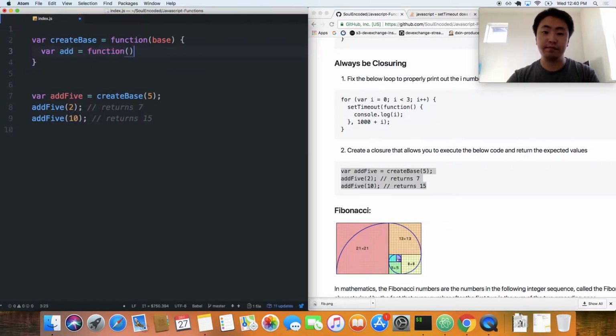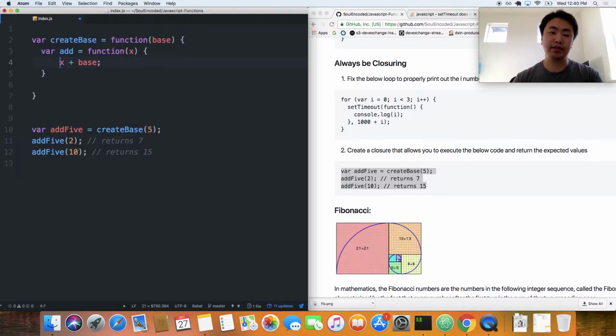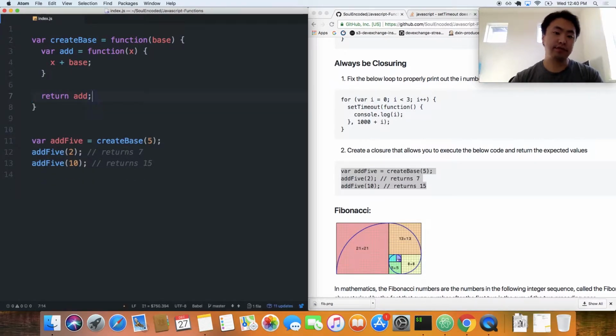equals function, and then here we'll return x plus the base. We need to make sure to return the add function. Return the base. So now when we assign createBase to add5, and add5 is, we'll call